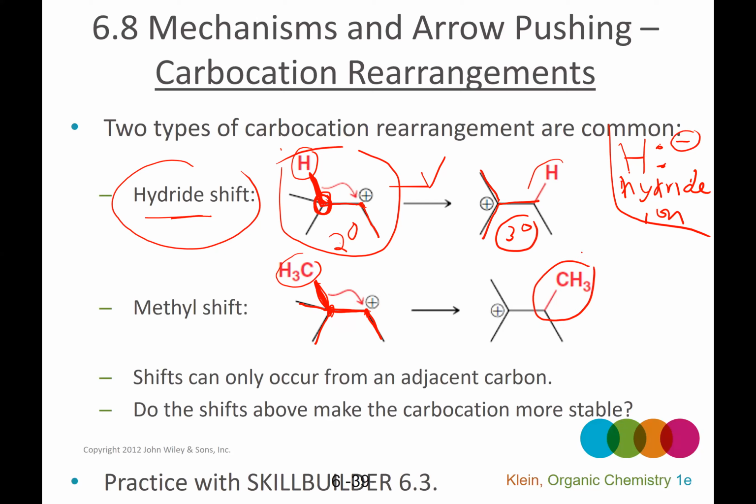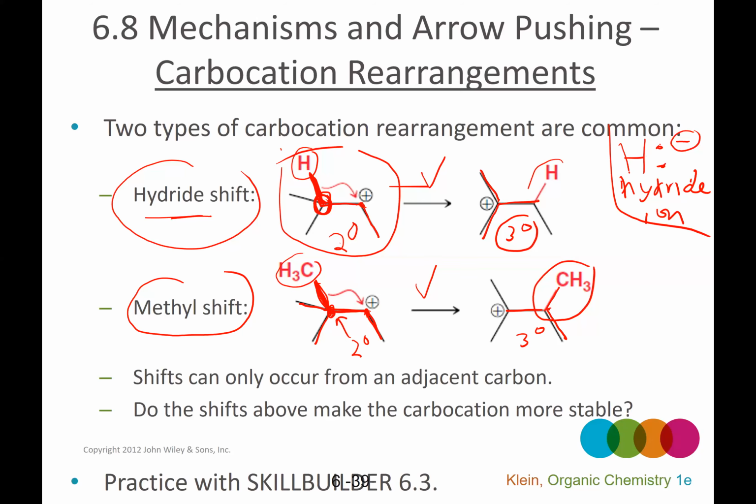See, there it is. And as a result, the carbon over here is left with only 3 bonds and a positive charge, okay? So we went again from a secondary carbocation to a 1, 2, 3 tertiary carbocation. Increase in stability, that's going to take place. Okay, whenever you can go from a less stable to a more stable carbocation, the rearrangement, the shift will take place. It's a methyl move. It's called a methyl shift. Okay,